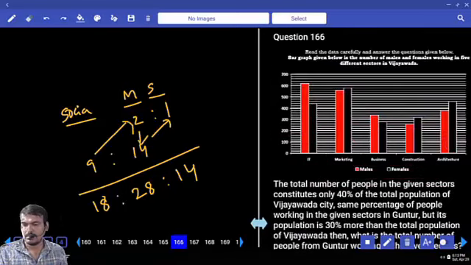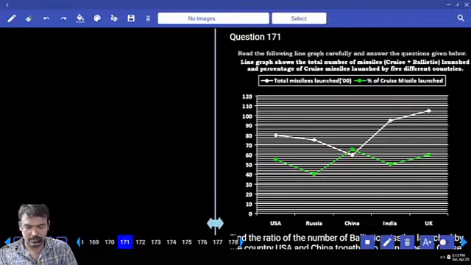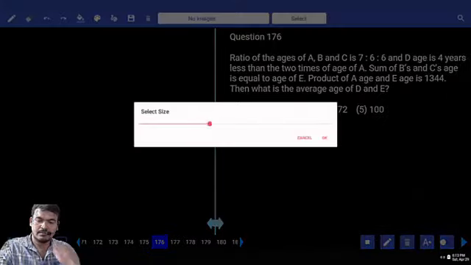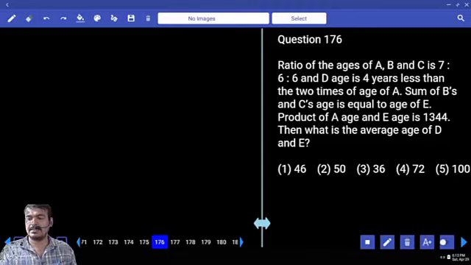Next question number 176, arithmetic questions. Ratio of the ages of A, B, C is 7:6:6 and D's age is 4 years less than 2 times the